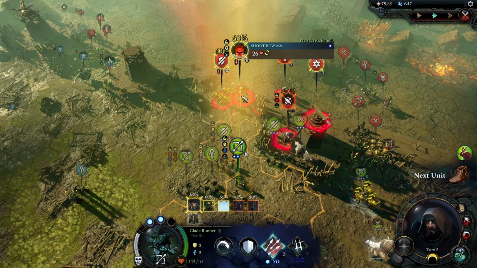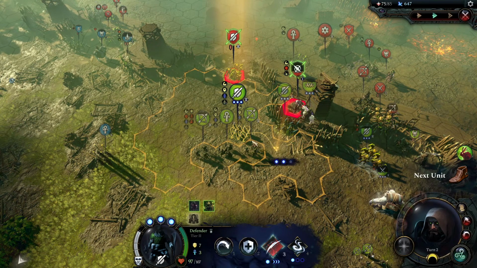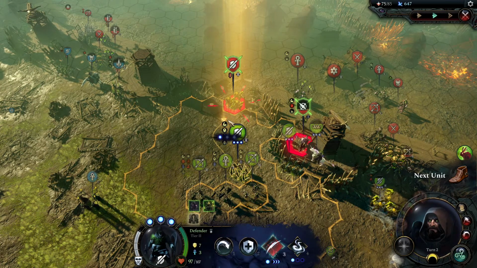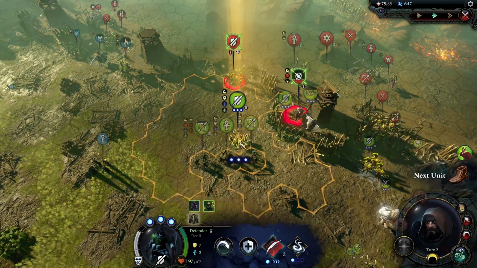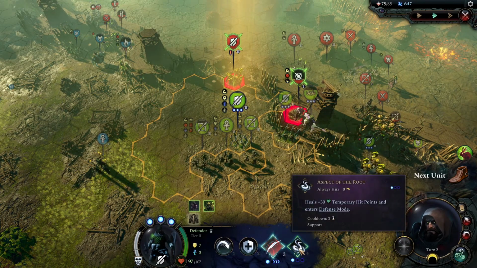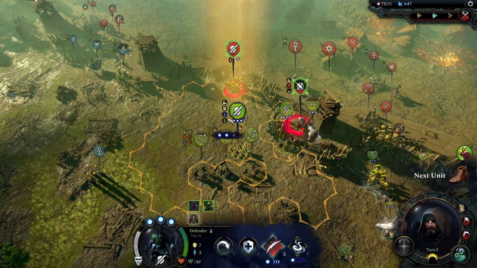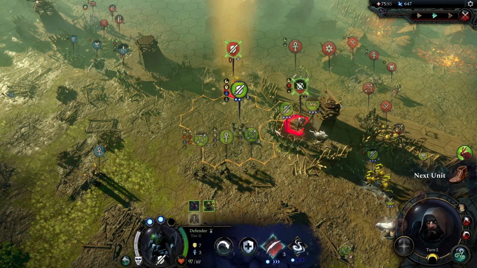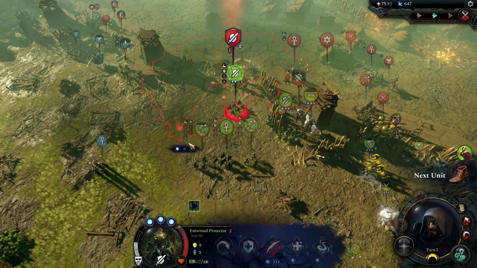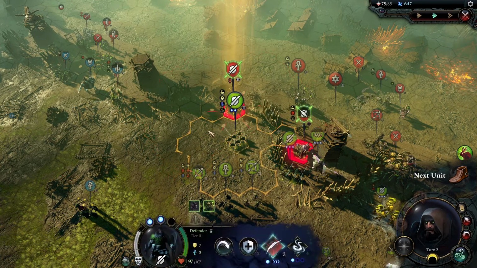And I can get 2 more shots off here to kill this. That's 1 more down. He can push into combat here. This unit has aspect of the root, so if we take a bunch of attacks here, maybe it would be better to just move to this position, and this is going to prevent him from getting to any of my units because of the way that the